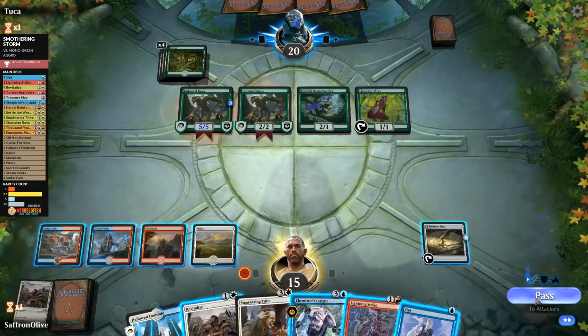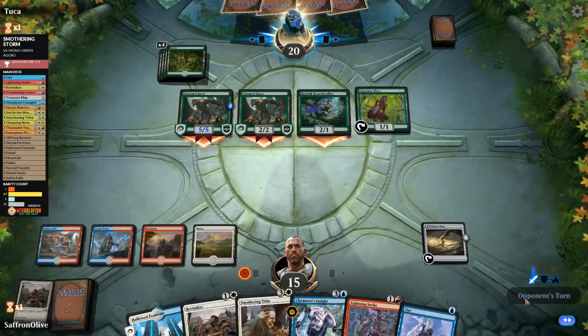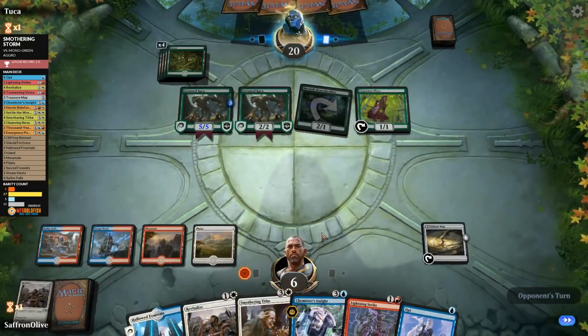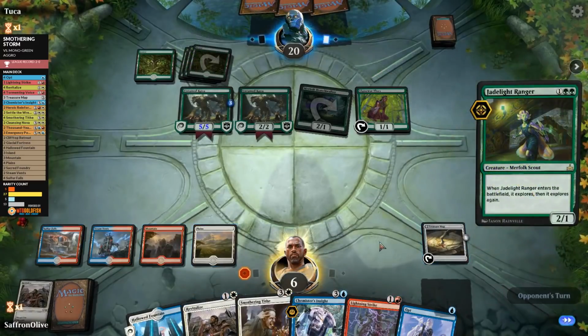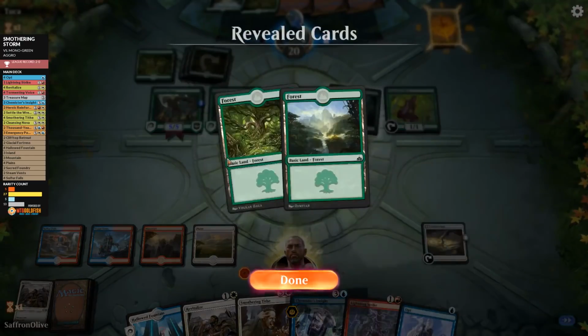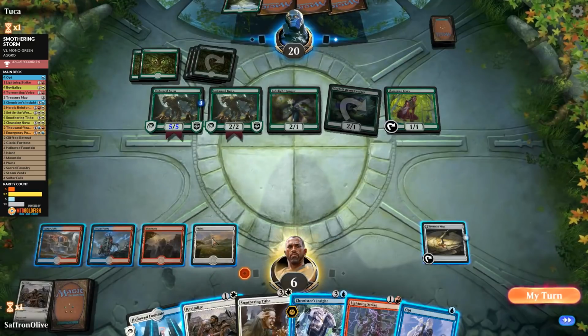Opponent, combat. Attacks. Attacks. Attacks. Alright. Well, we take 9. Down to 6. Jade Light goes exploring. Well, come on, sweeper. Come on, sweeper. This is 100%. Do we hit a sweeper? Opponent goes land, land. Yup. Plays a land. Alright, so number 1,